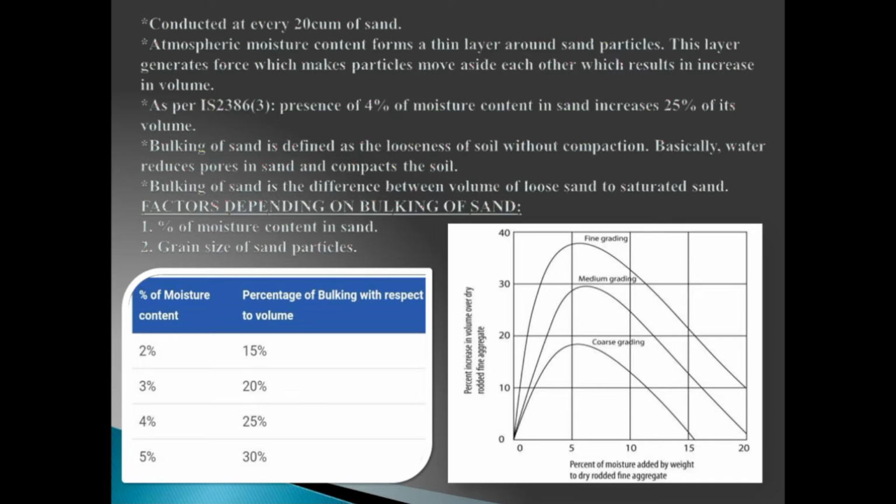As per IS 2386 Part 3, bulking of sand with the presence of 4% moisture content increases its volume by about 25%. Second point is that the fine aggregate bulks more than the coarse aggregate. From this, it follows that the coarse aggregate also bulks, but the bulking is so little that it is always neglected. Due to the bulking, fine aggregate shows completely unrealistic volume. Therefore, it is absolutely necessary that consideration must be given to the effect of bulking in proportioning the concrete by